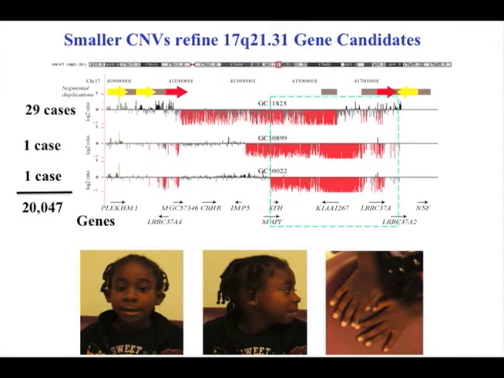But what we were lucky to find is when we screened enough cases, 20,000 individuals, and we found 31 cases with that deletion, we found 2 patients that had atypical deletions. That is to say, the breakpoints weren't mediated by the segmental duplications themselves. So they got smaller and smaller. And then the question is, do they have the phenotype? Do they look like the 17q21 kids? And the answer is yes. So here's an example where we didn't nail the gene yet, but we got damn close.